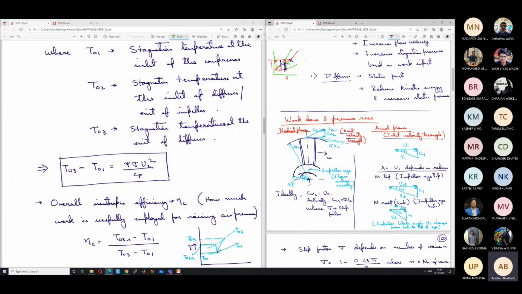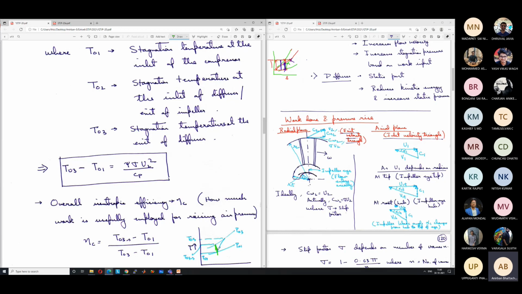Is it clear? Yes, sir. So for this isentropic process, we can write that P03 by P01 is equal to T03s by T01 to the power gamma by gamma minus 1. Okay. So we need to find T03s. We already know what is T03 from this. So the isentropic efficiency of the compressor will give us T03s. That efficiency is the same efficiency that we have already discussed. Eta C is T03s minus T01 by T03 minus T01.